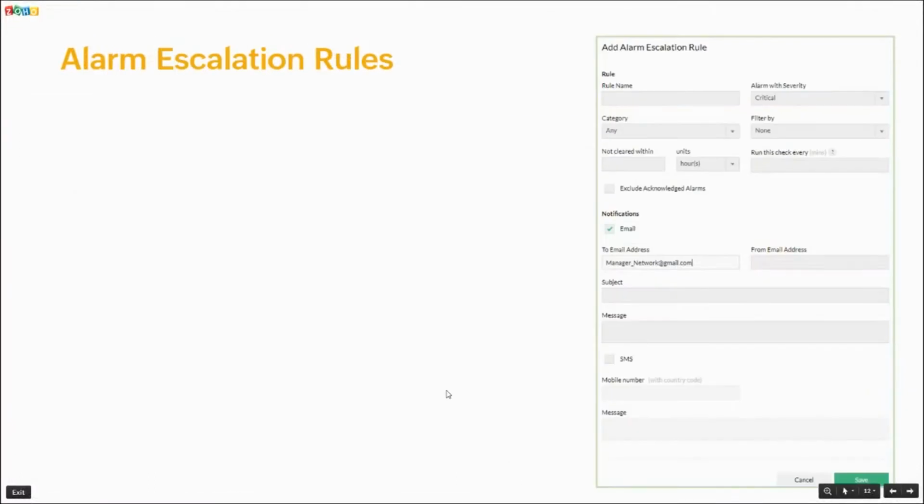The next topic which we are going to see is about alarm escalation. So what is an alarm escalation and how is it going to help me in real time? For example, we have certain critical devices in our environment, and those are pretty vital. Let's take, for example, an uplink router. The uplink router should not go down for more than 30 minutes. If so, I lose my entire connection to the outer network or to the internet, which is pretty business critical